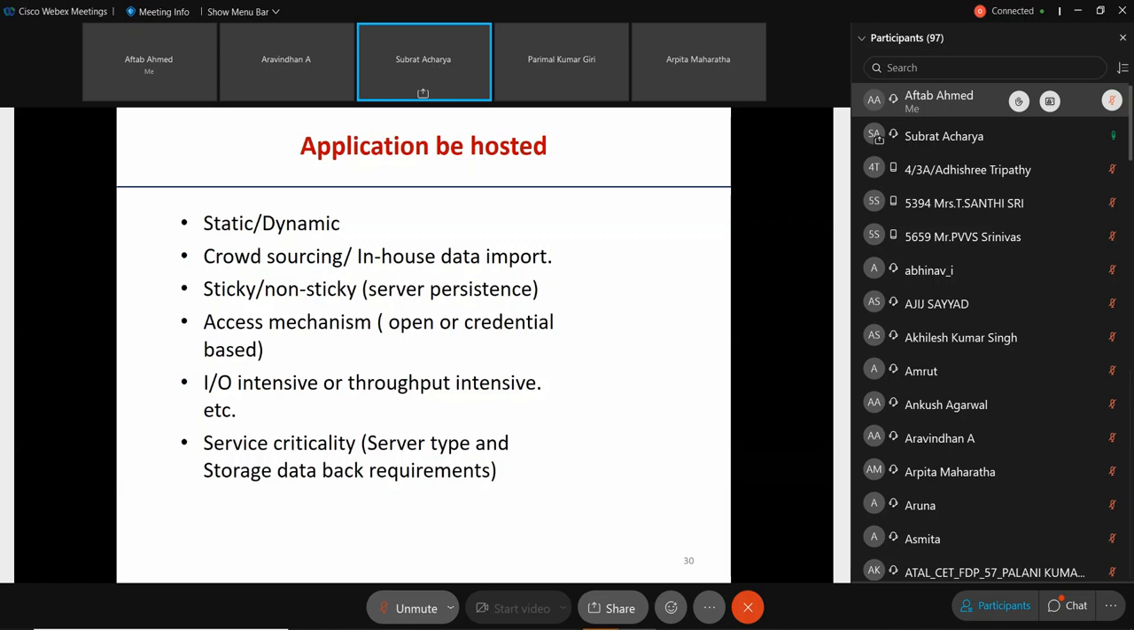Then IO intensive or throughput intensive. When we store the data over the internet, throughput and IO are trade-offs for a particular infrastructure. So as and when we design a data center or any kind of application we host, whether it needs an IO intensive job or a throughput intensive job, that is all taken as input. Then service criticality, like what type of server and type of data storage